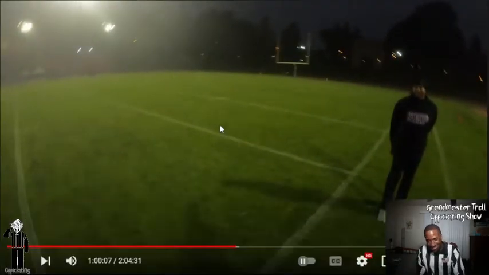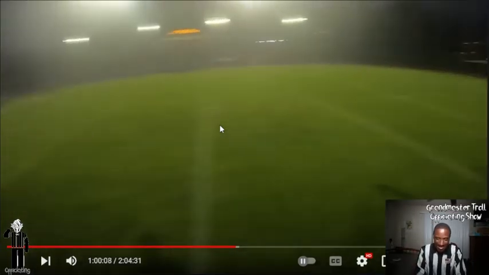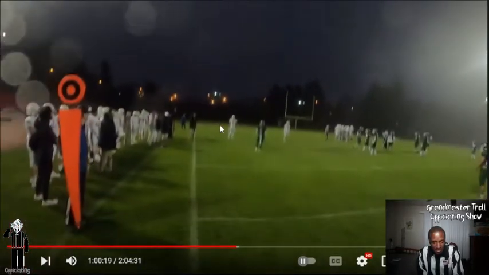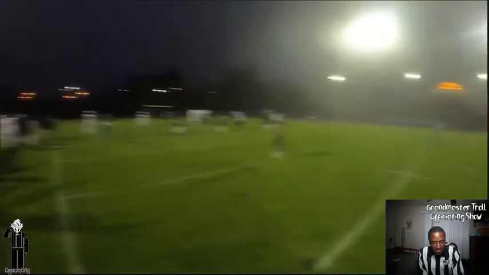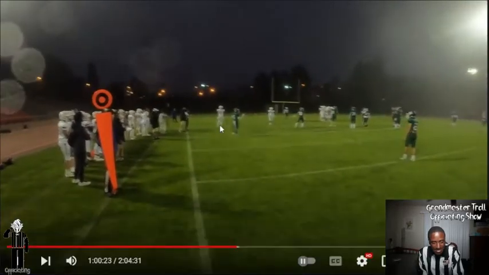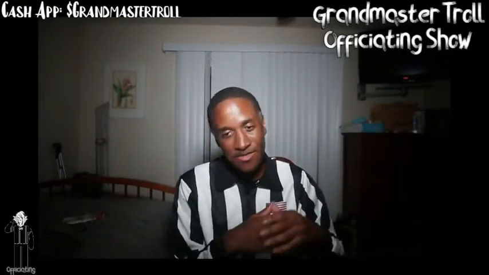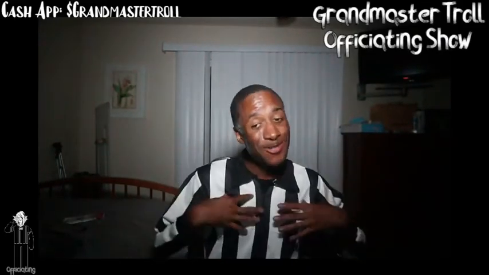So that's David Shaw, head coach from Stanford, demanding I give somebody a warning. I did a video on that. You can see that right here. But you can see the coach on the sideline arguing that it shouldn't be a 15-yard penalty, but illegal participation is a 15-yard penalty. But that's just some of the things we gotta know as officials. We gotta know the rules. They differ between high school and college, and we gotta enforce the right rules. So that's all. That's my bad.